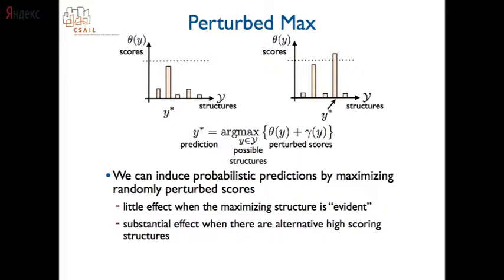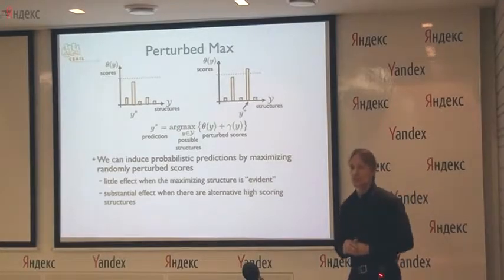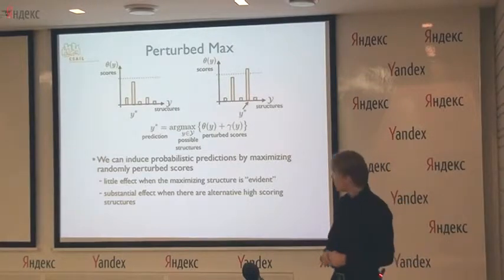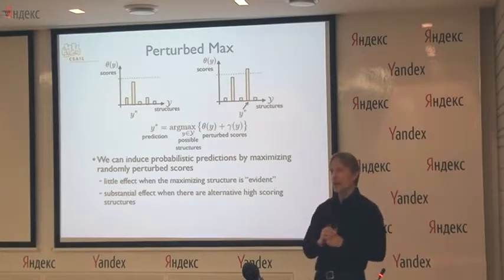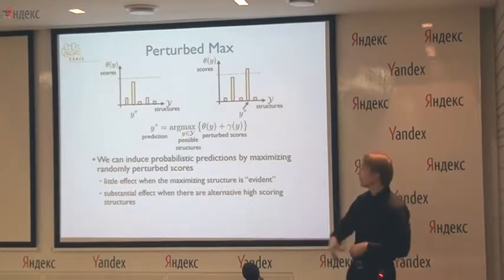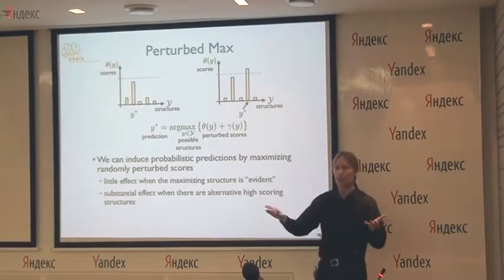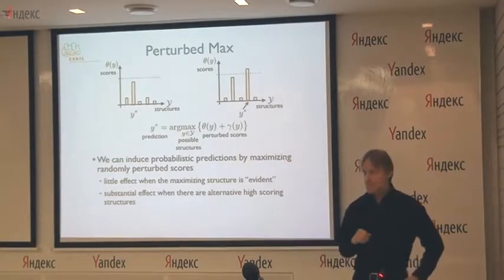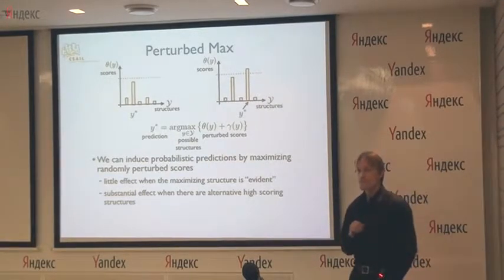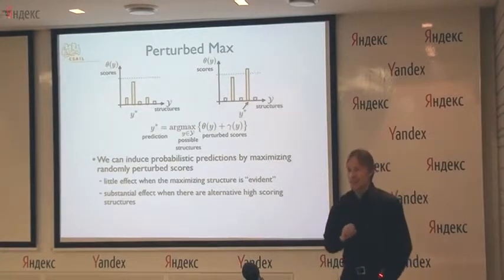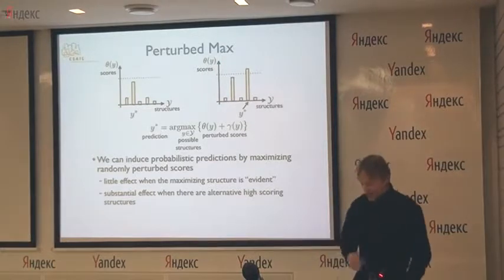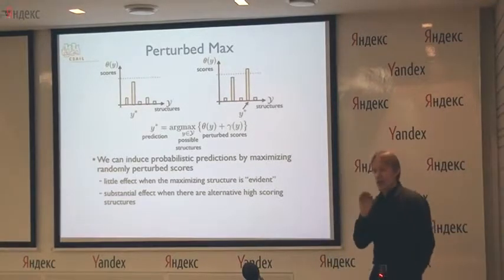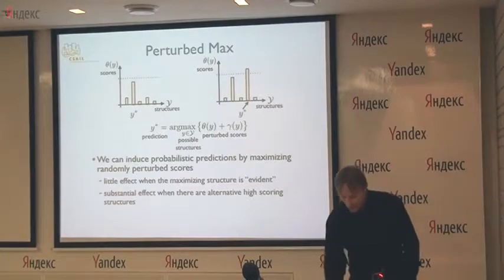All right? So by randomizing, I am inducing a distribution over structures. And it is a distribution that I can easily sample from. I already presented the way how to sample from them. You randomize, you maximize, and you get a prediction. But it depends significantly on the model of our random perturbations. I will get to that. Excellent question.